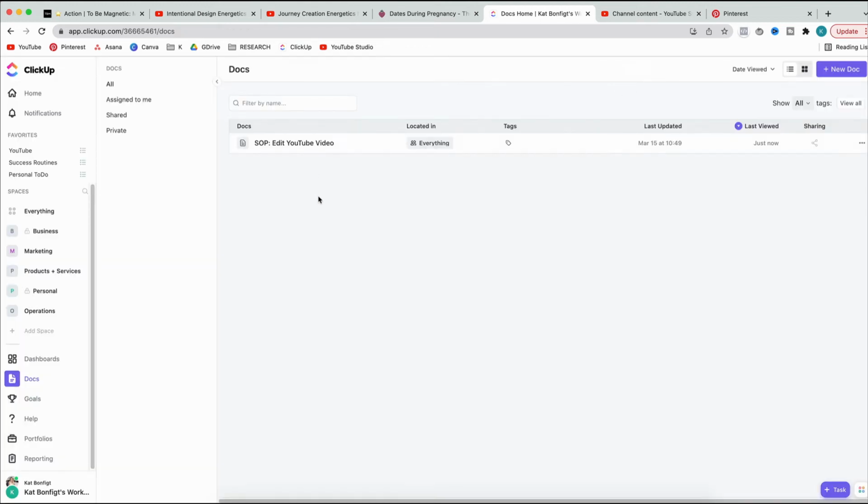And also you're going to end up with this library of procedures here, which, if you ever employ somebody or you get a team member or you outsource something, you have everything already here and you don't need to start writing these things when you already need somebody. So I'm trying to write these as I go, so keep these up to date, even just for myself. Sometimes we forget things that we don't do all the time, I might need to look it up again, like how did I do this again, or how's this work. So I just love this functionality in here, and it is so nicely